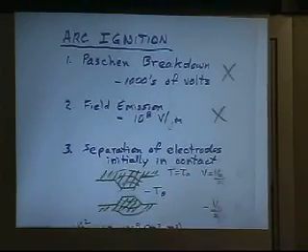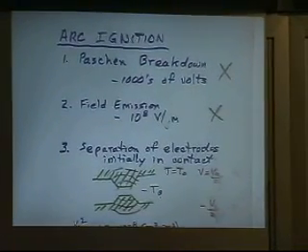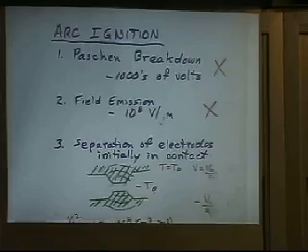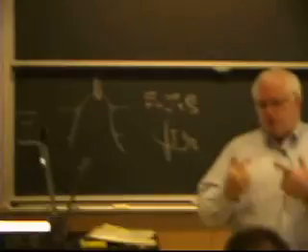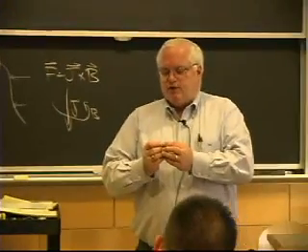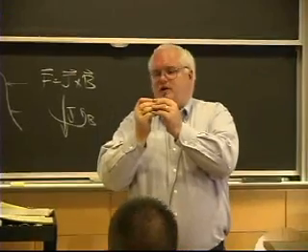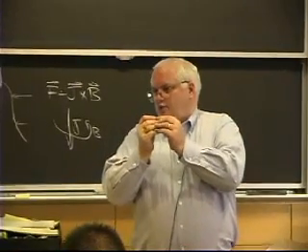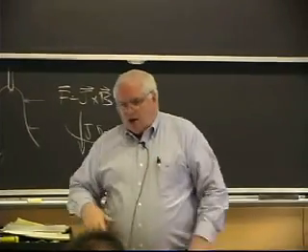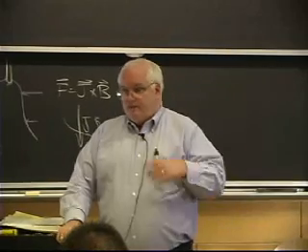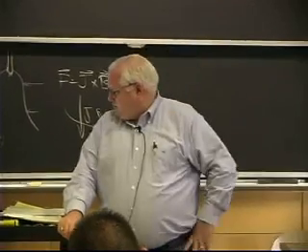The first one's Paschen breakdown. And Paschen breakdown basically says that if I put thousands of volts, or I have a voltage potential of 1,000 volts or several thousand volts, and I bring the 2 electrodes very, very close to each other within like 1/10 of a millimeter, human hair apart, that I'll strike an arc. Now, Paschen breakdown was first